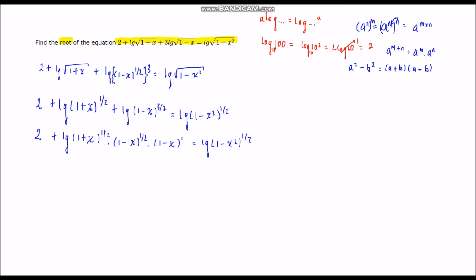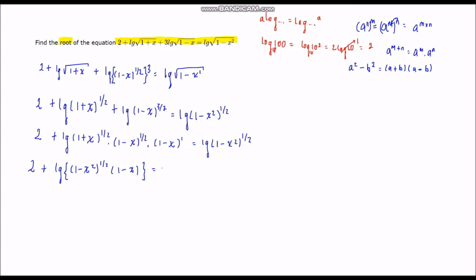Now, since the powers are the same, half, make sure that the powers are the same, or else you can't multiply these. So multiply them, and we'll get log of (1 minus x squared) power half times 1 minus x,